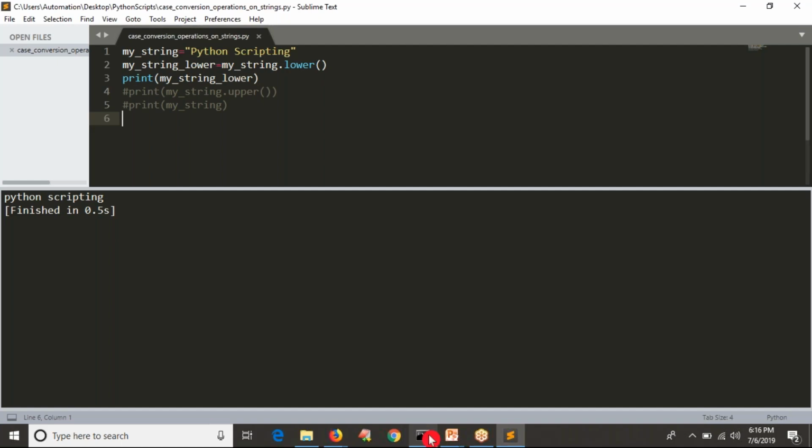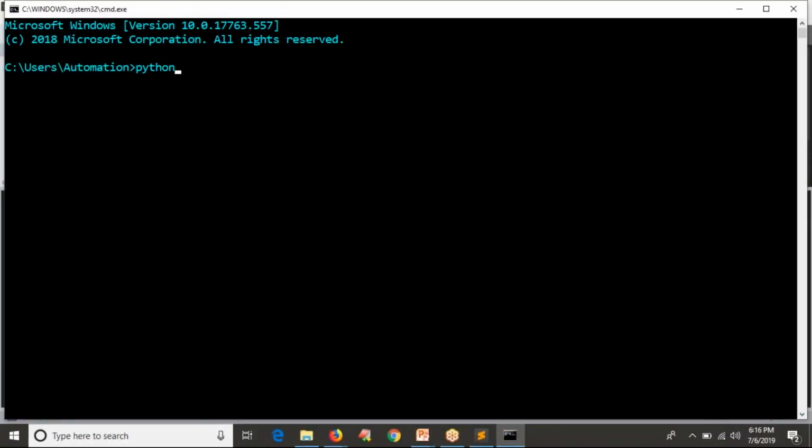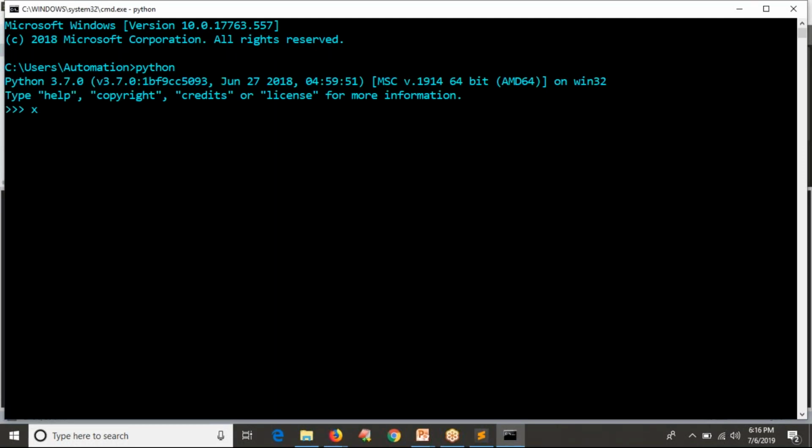But how do you know how many operations are there on a given string, right? See, let me simply open my command line and enter into my Python shell. Simply define any variable, call it x, and simply run print dir of your x variable.